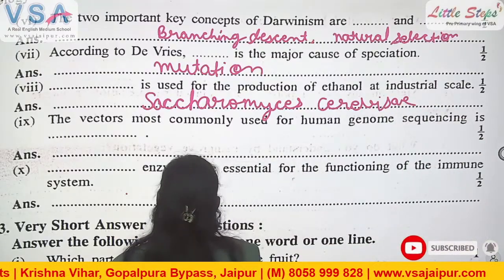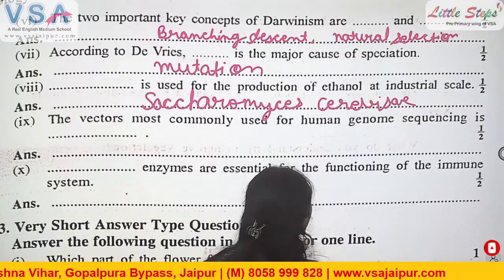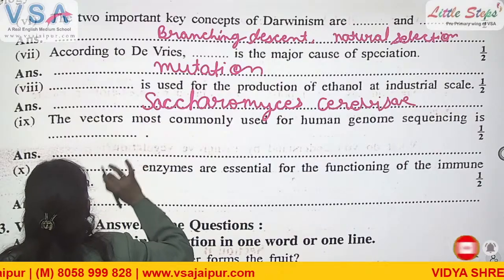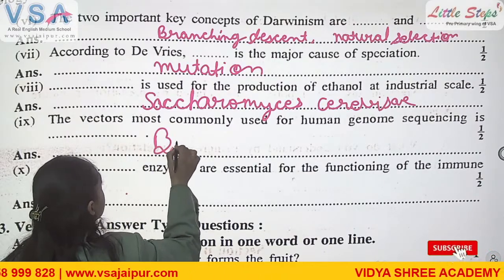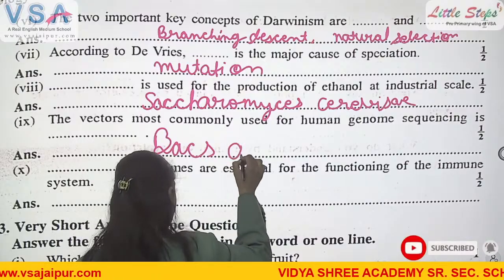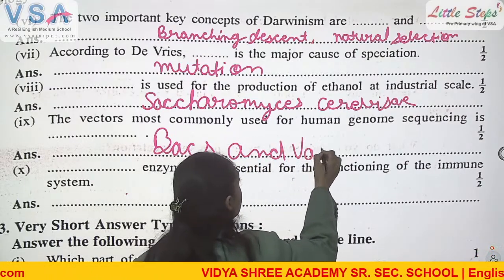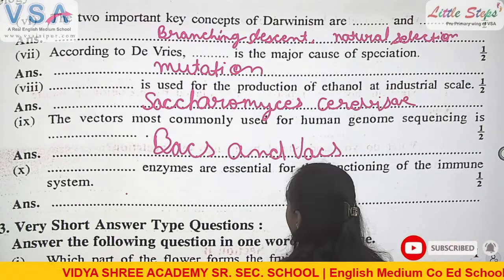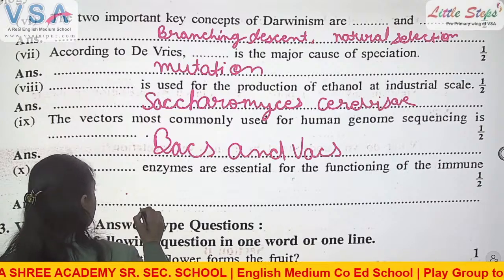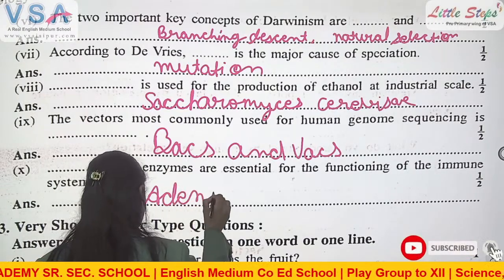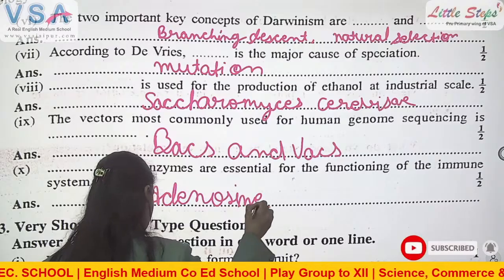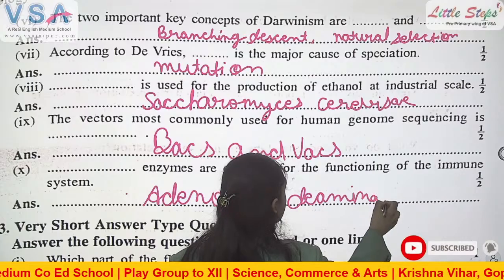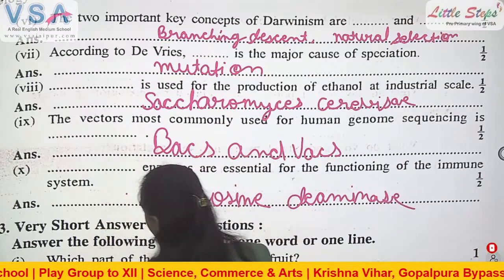The vector most commonly used for human genome sequencing is, which vector is it? The vector, this is the BAC and YAC. Okay. Enzyme essential for the functioning of the immune system: which is it? Adenosine deaminase. Okay. Now,